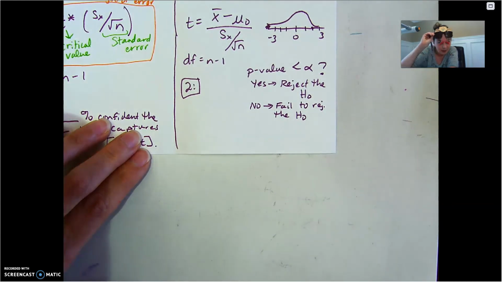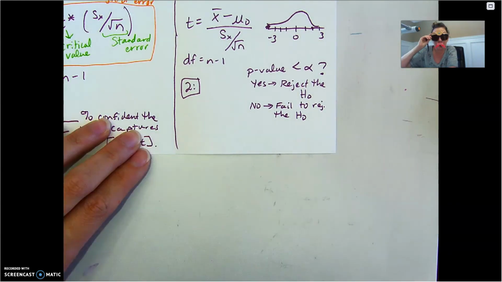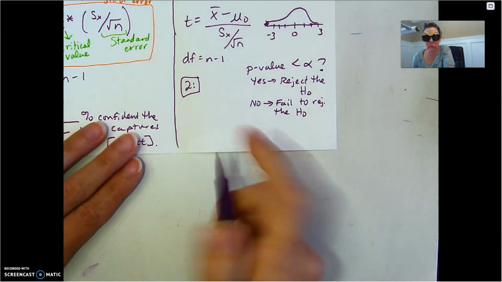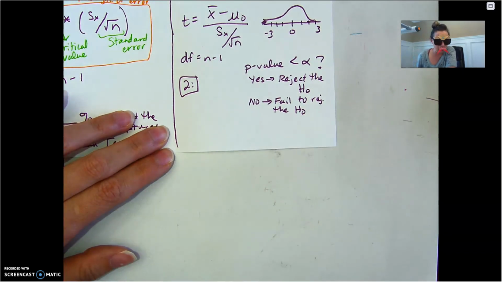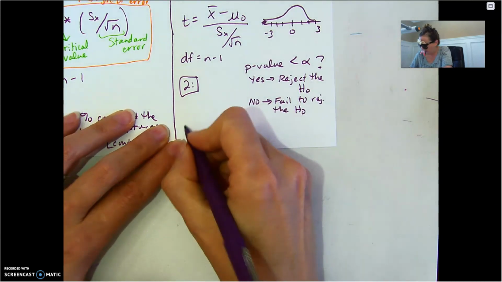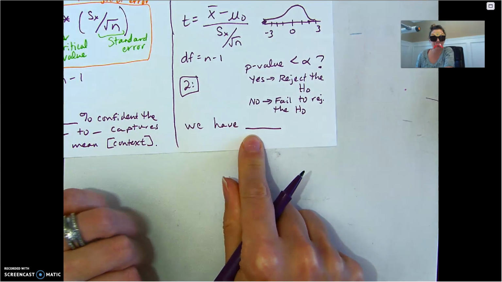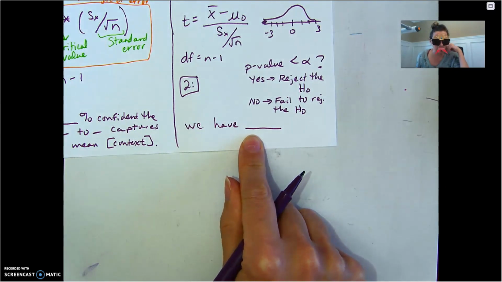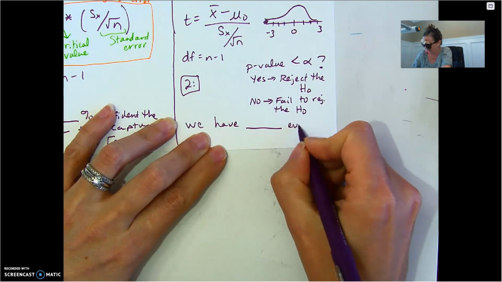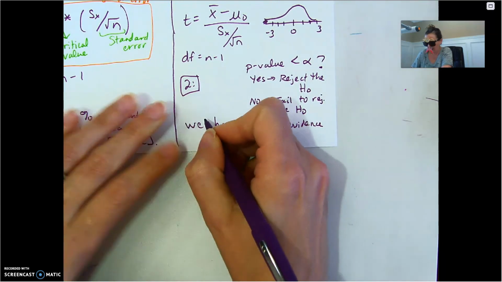Alrighty, I think I might run out of time because I only get 15 minutes on this video. So you might have to look at the PDF version to see what this concluding sentence is. All right, so we have blank evidence. Either we have sufficient or insufficient evidence at